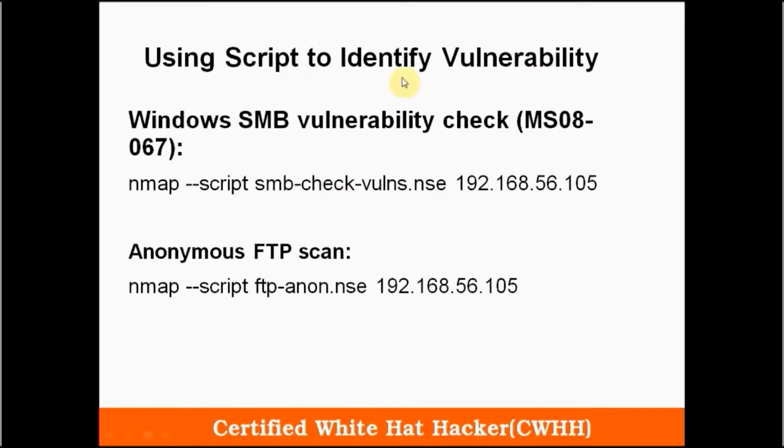And let's see how to use a script which is used to find vulnerabilities. So there is a script which can be used to find the Windows MS08-067 vulnerability. So I'll give nmap, hyphen hyphen script, the script name, and the IP address that I want to scan. And there is another script to